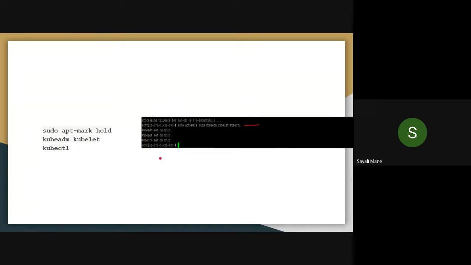Done? You will get this message: kubeadm, kubelet, kubectl set on hold. It means you have successfully installed these Kubernetes tools.